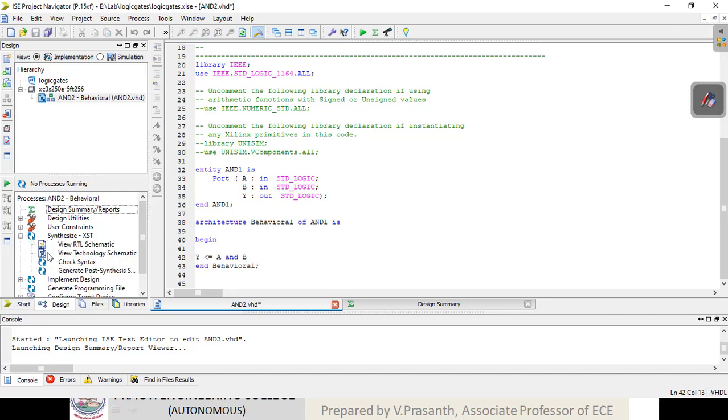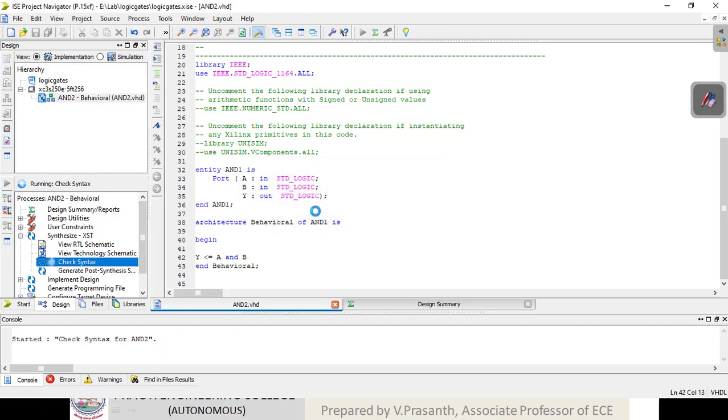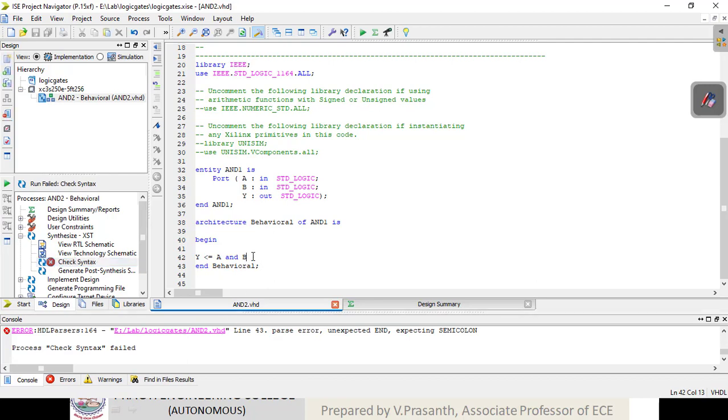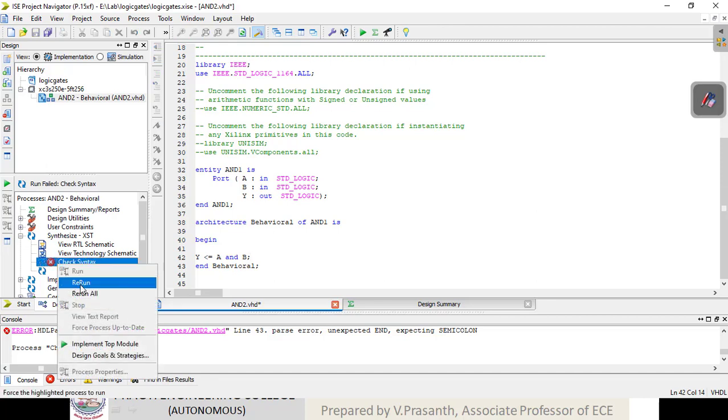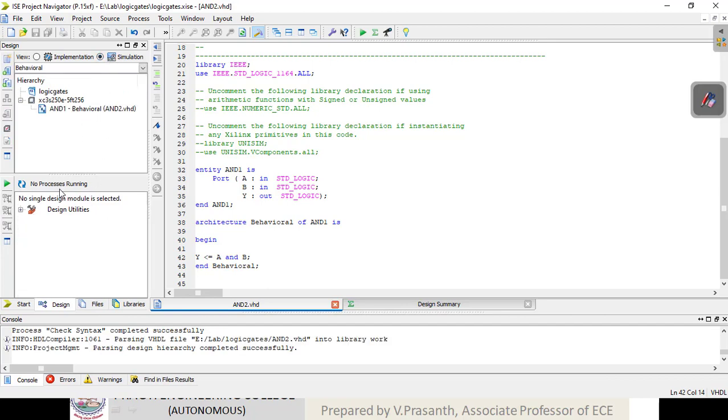Once it is done, you go with syntax checking. Run syntax checking. Here a semicolon should be there, that is why there is an error. That is the advantage of this simulator: it can easily identify where we are having the error. Now it is completed. Now if you go with the simulation,